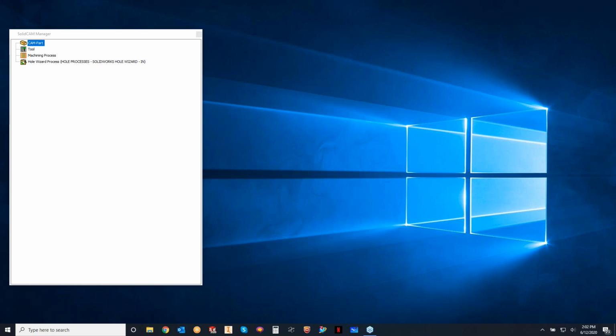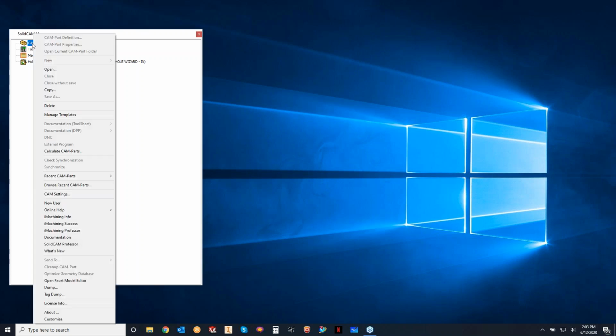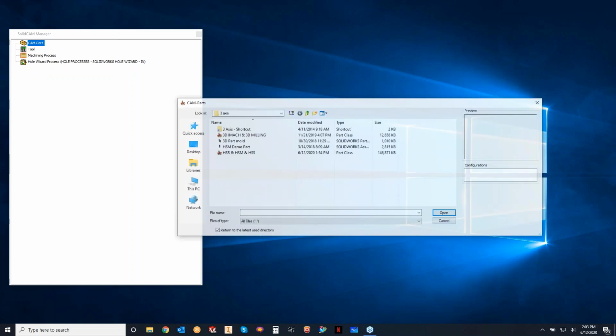And what you can do with the shop floor editor is open up any pre-existing SolidCAM part file, and you can modify feeds and speeds, you can modify step overs, anything related to the operation minus choosing new geometry or reselecting geometry or modifying it in the geometry window. So let's open up a part file that we've been looking at recently. You could just right click on here, go to open, and I'm just going to open up our old buddy